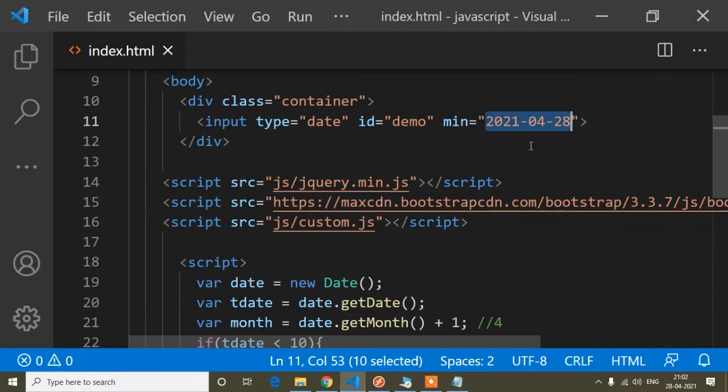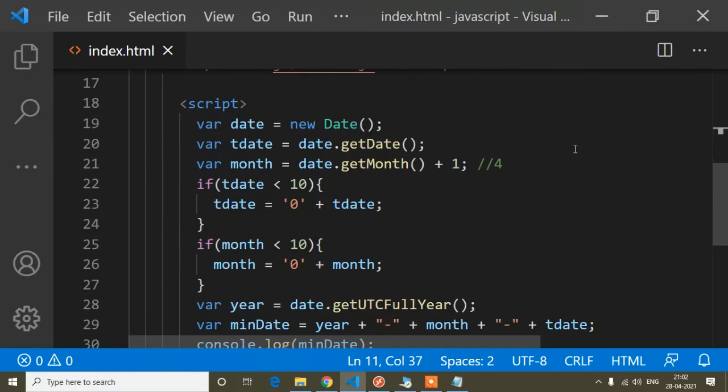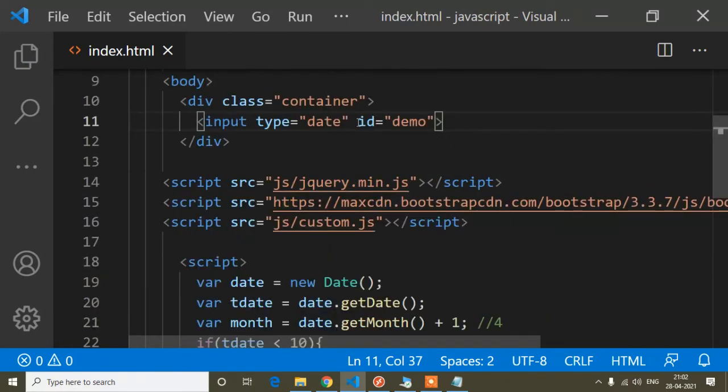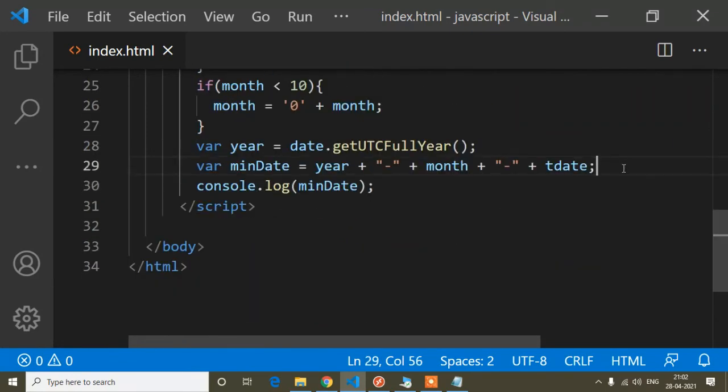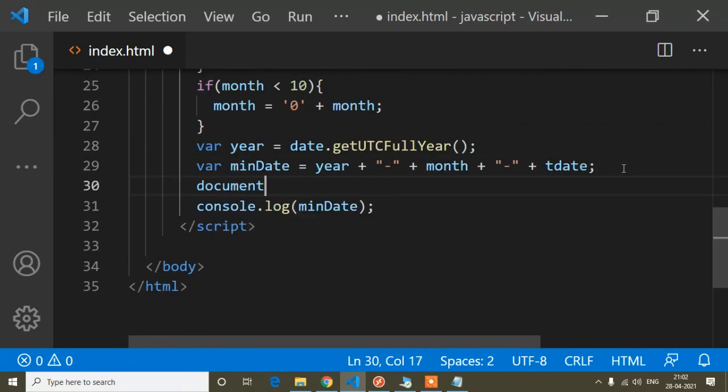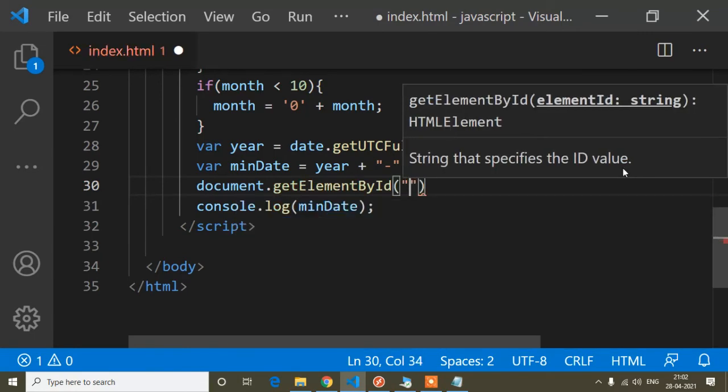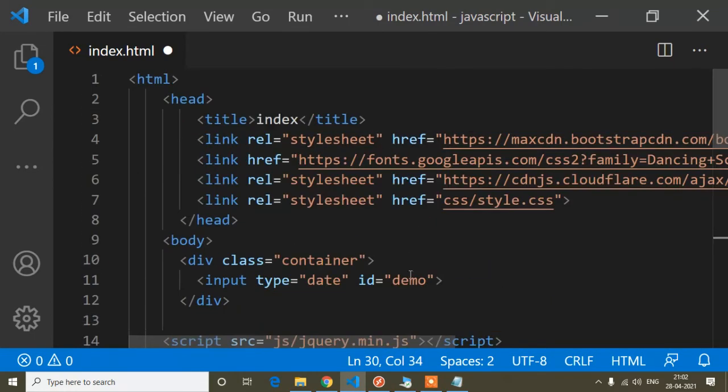So I just have to set this min property dynamically. So now I will remove it from here because I don't need that static way. So I'll remove this min property from here. Now before, I have set this id. So inside this id I will set the attribute min dynamically and the value also. So here I will write document dot getElementById, and the id is, you can see, demo.